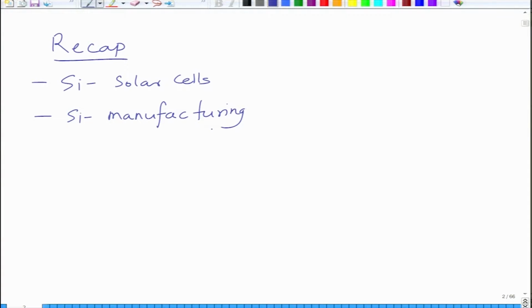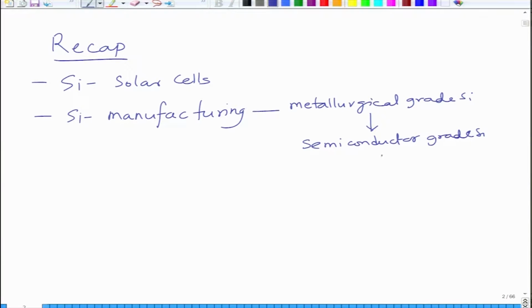So, although we have plenty of sand available, silicon has to be converted from silicon oxide, from sand, which is a tedious process. First we get what we call metallurgical grade silicon, which is then converted to semiconductor grade silicon using the Siemens process, and then we have single crystal silicon. This stage is all about reduction, melting, refining,